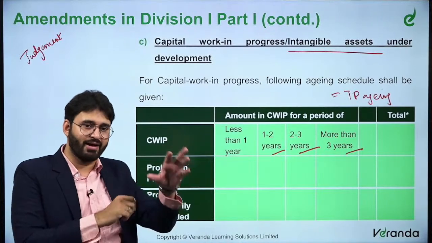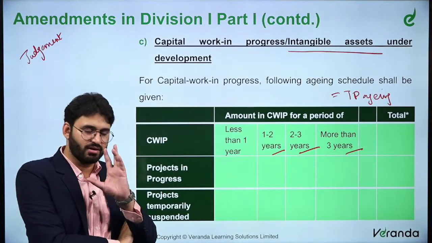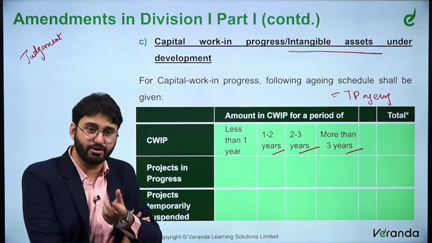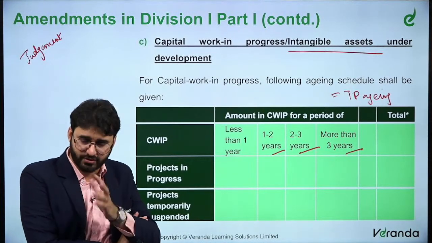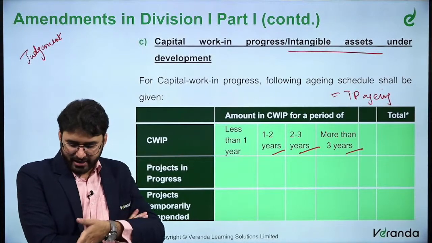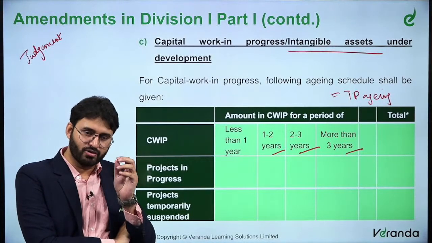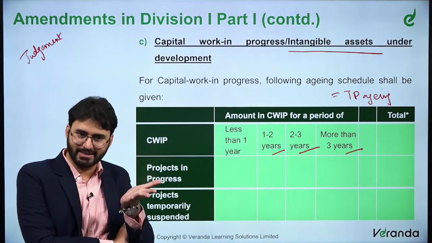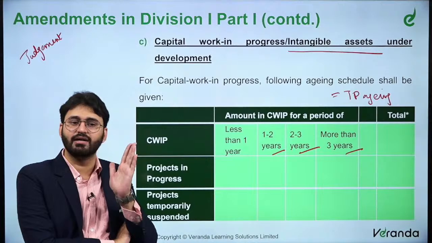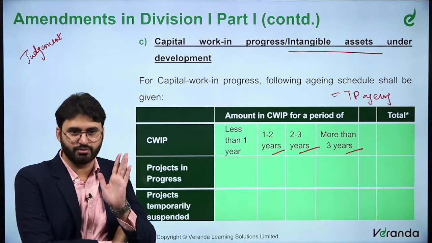So I have CWIP. One important thing is you don't charge depreciation because the asset is not ready for use or available for use, right? So for example, I have incurred some expenditure and put it in CWIP. I have still not capitalized the asset. So from the date the entry was passed till 31st March 22,